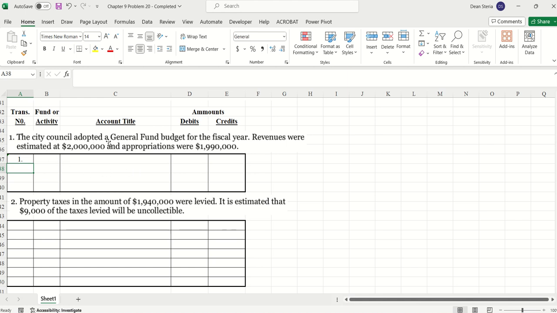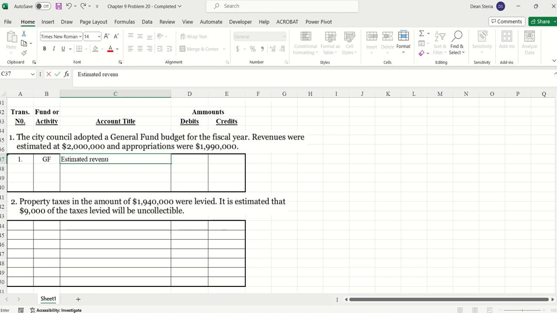The city council adopted a general fund budget for the fiscal year. Revenues were estimated at 2 million and appropriations at 1990. So this is going to go into what fund? The general fund. Okay. And what we're going to do is debit estimated revenues, credit